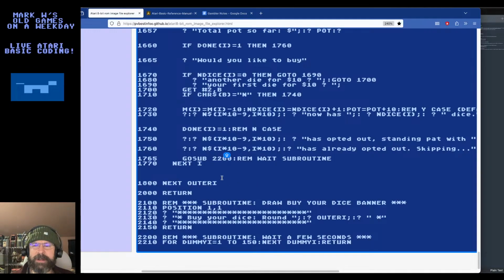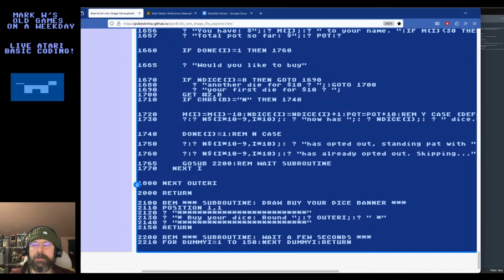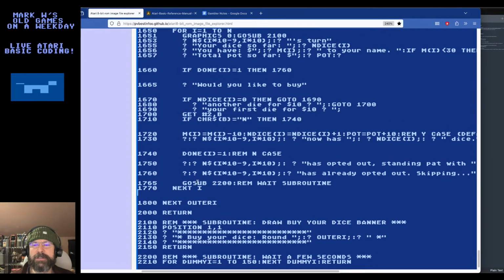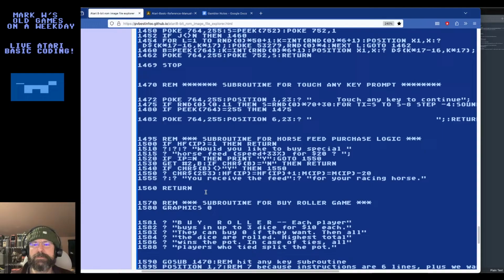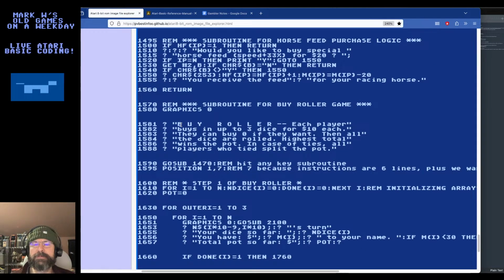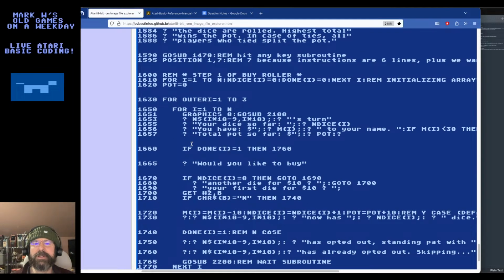So where can we do that? I guess I have to get the dice rolling and all that between these two guys. Although I could always rearrange line numbers. But yeah, so we've got the whole purchasing dice part working.